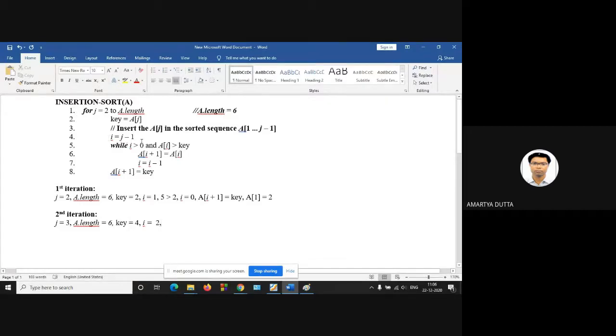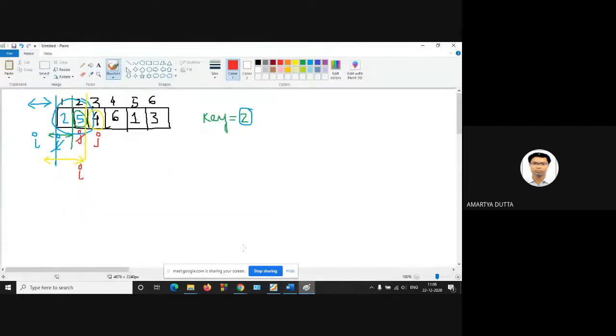Now while i is greater than 0, 2 is greater than 0, and a of i. So what is the a of i value? A of i is your 5.